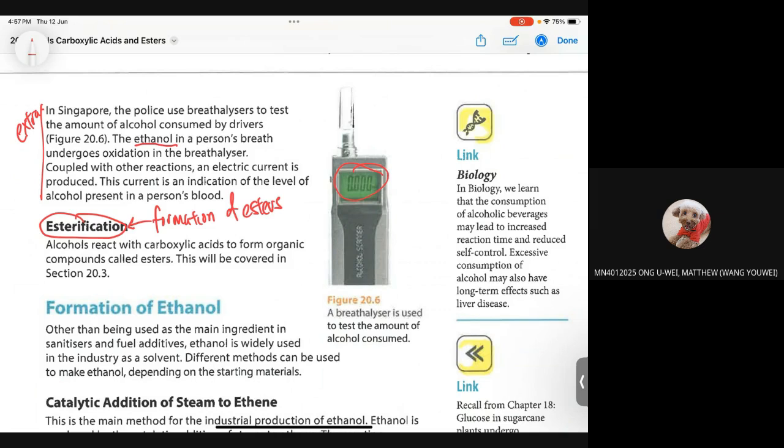Let's carry on. Now, next one, we're going to look at how ethanol is formed. How can I get ethanol? So this is where you can actually do this at home. I say again, you can do this at home. You can make your own alcohol, which is fun. Okay, so I'm going to show,